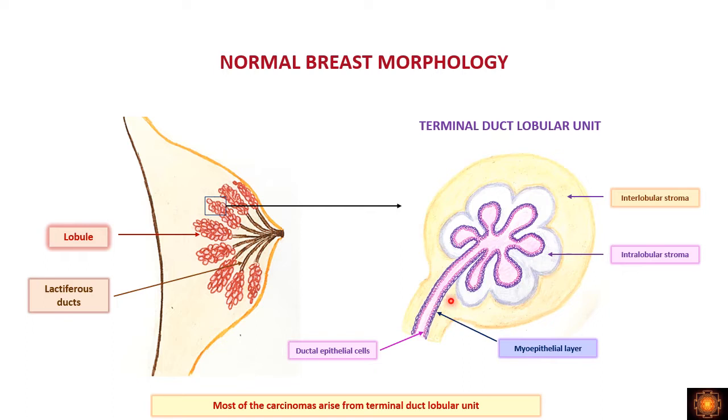Now, if you see the histology, the alveoli and the ducts are lined by two cell layers. The outermost layer, what you are seeing here, is the myoepithelial layer, whereas the inner is the luminal cell layer, which we call ductal epithelial cells. They continue with similar morphology in the alveoli and in the ducts. So the alveoli and the ducts, both of them are double layered. Outer we have myoepithelial and inner we have the luminal layer or the ductal epithelial cells.